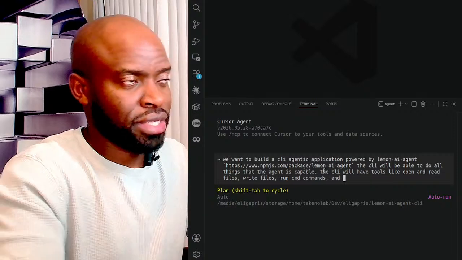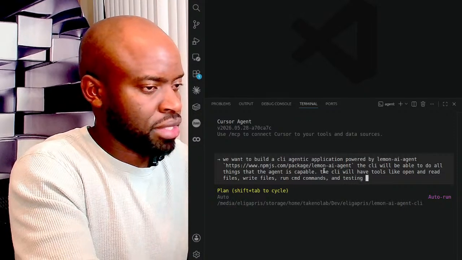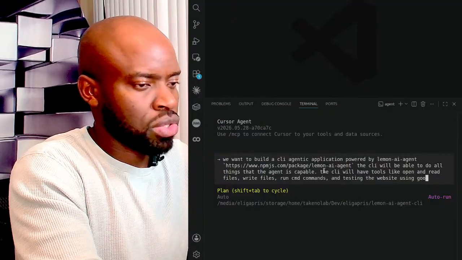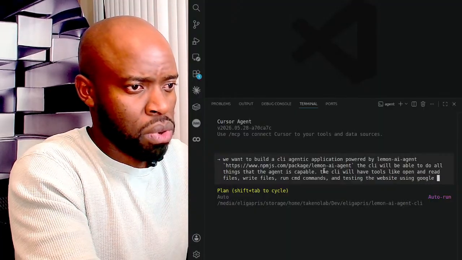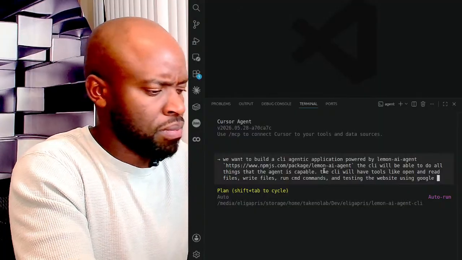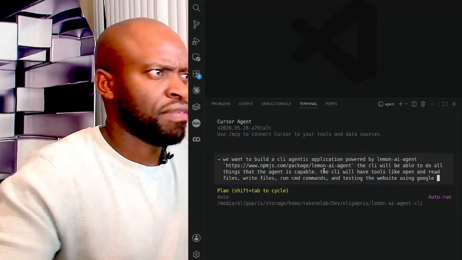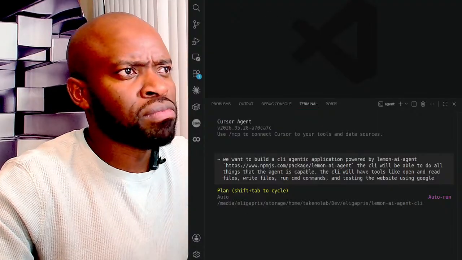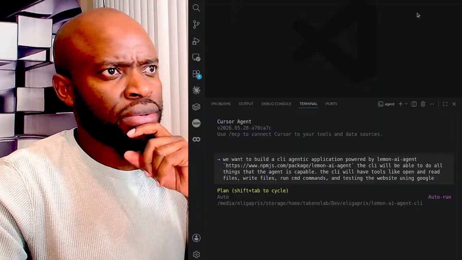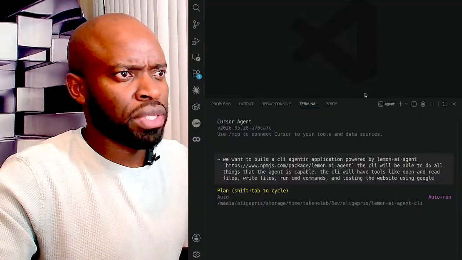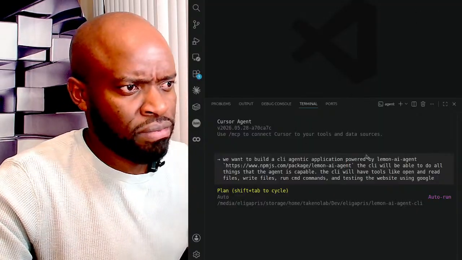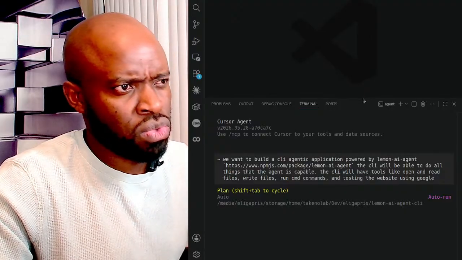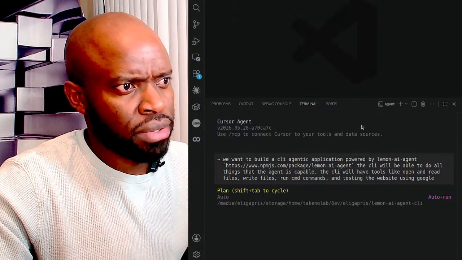And the last part is testing the website using Google Lighthouse. I need to go back there. I disconnected the browser because I'm showing the code, but what I'm checking now is